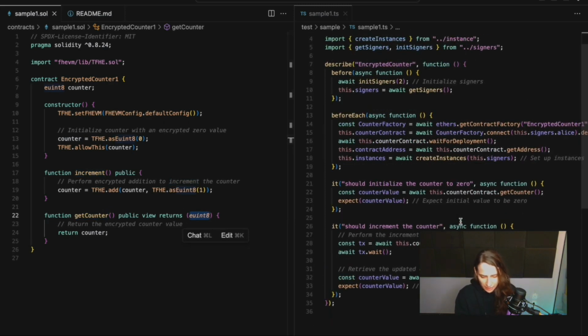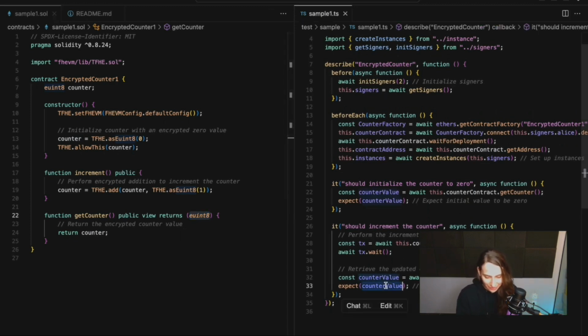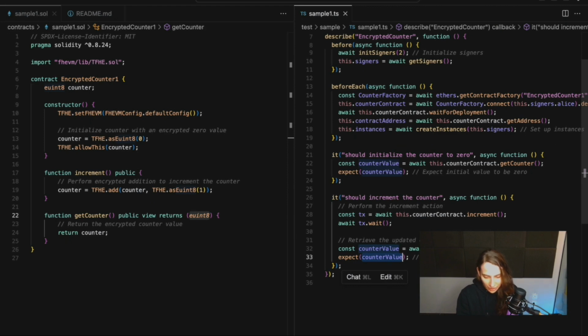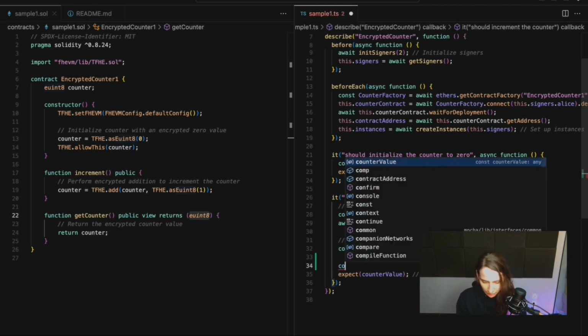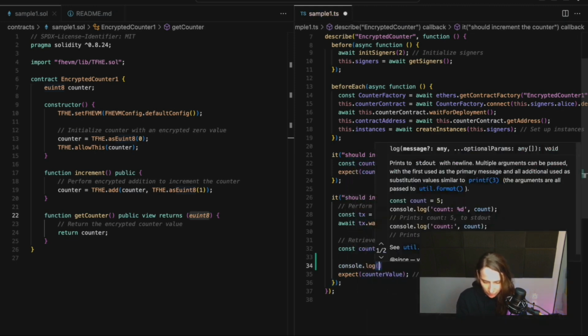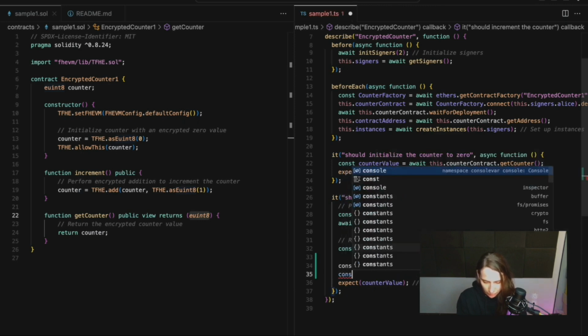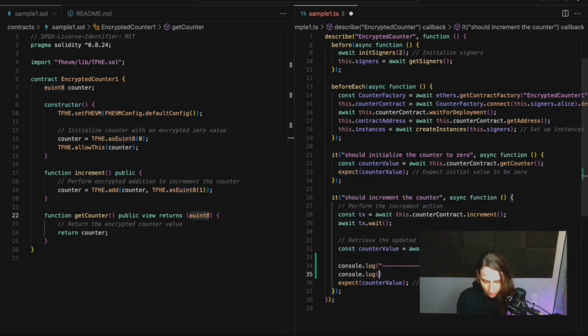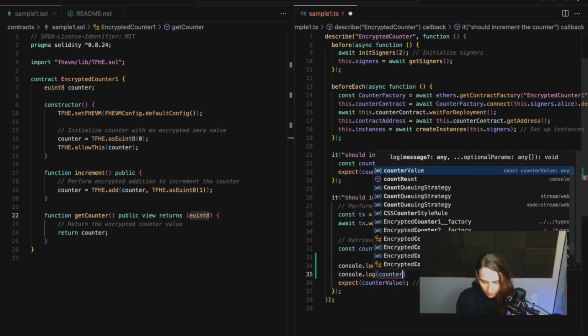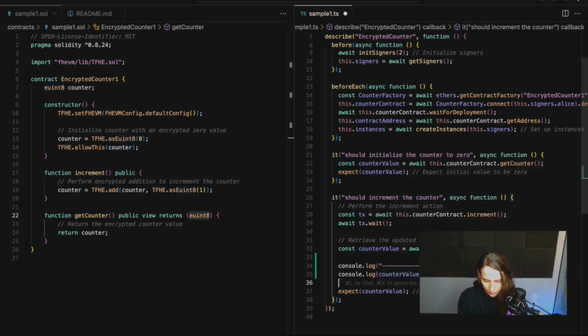So in this simple example, this doesn't help us a lot, right? We are getting something like this. So counter value. But I can show you how the result looks. So console.log our counter value, and a little bit like this.